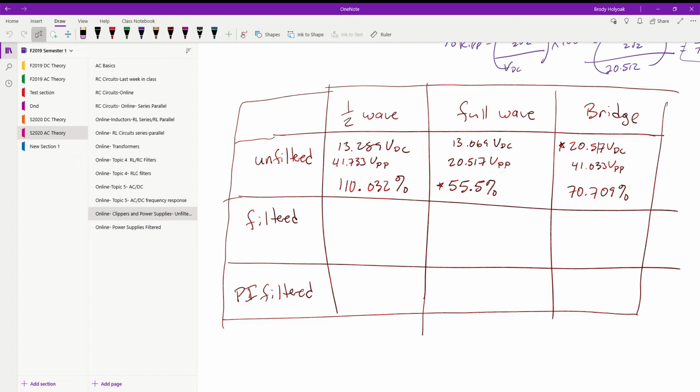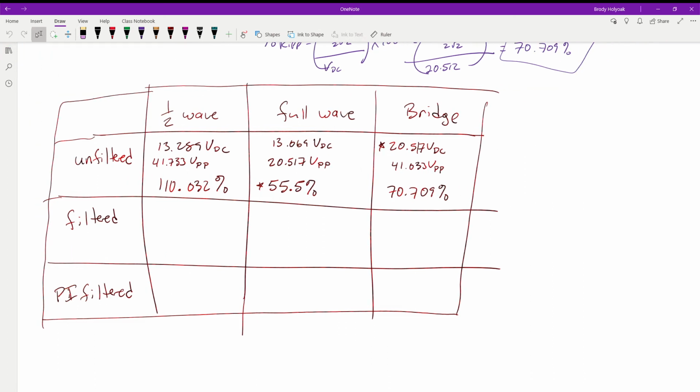So like I said, what I need to do is update my notes. When we were filling in this chart, we did the bridge circuit with our unfiltered. I calculated these values incorrectly. I used the right formulas, I just put the incorrect values in there. So to fix that real quick, what we should have ended up with was